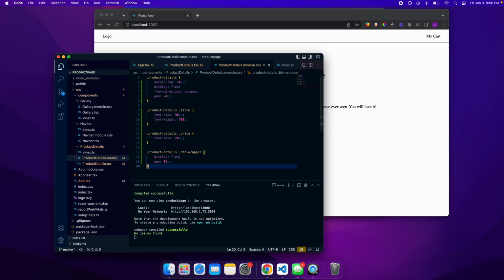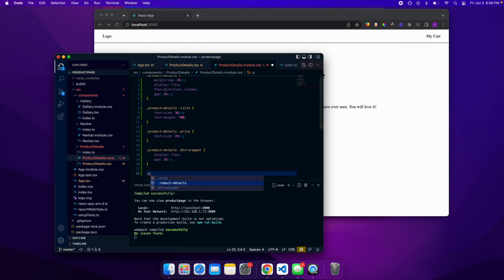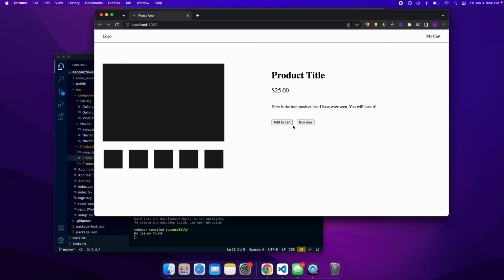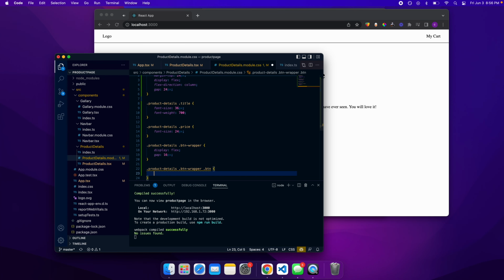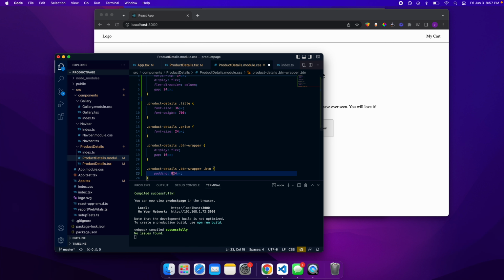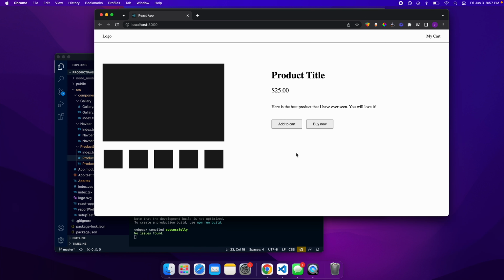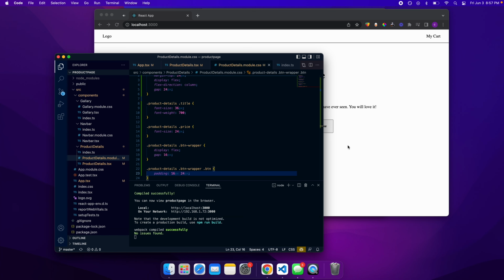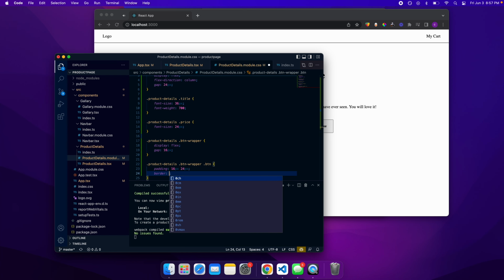And so now inside of product details, button wrapper, we will do button. And now we can do padding 24 pixels, and let's do 8 pixel 24. We do 16 pixels 24. Okay, good. And we will do a border none,